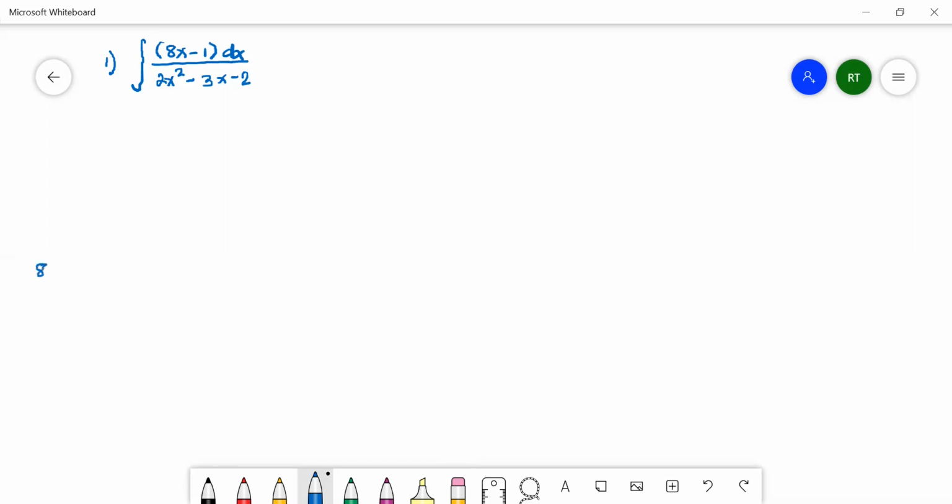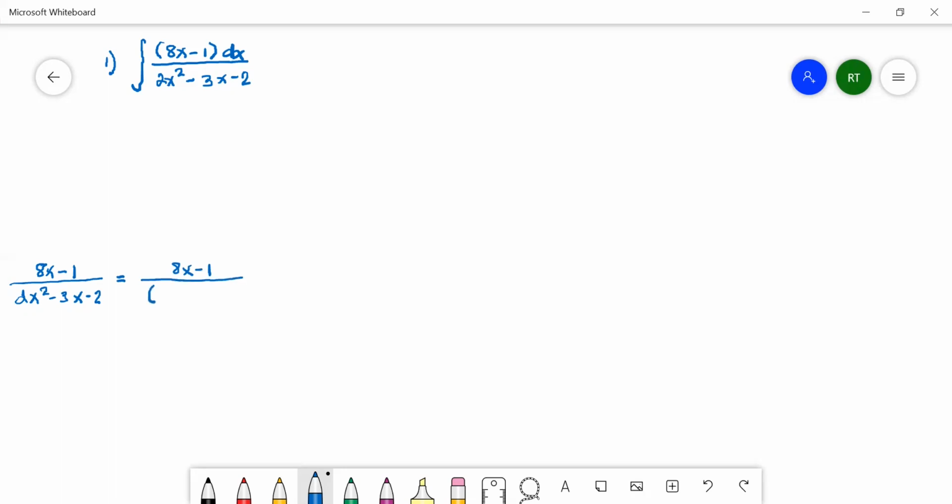We will consider 8x minus 1 over the denominator 2x squared minus 3x minus 2. And since the denominator can be factored into two linear factors, we have 8x minus 1 over the denominator